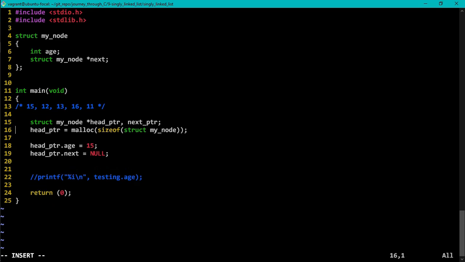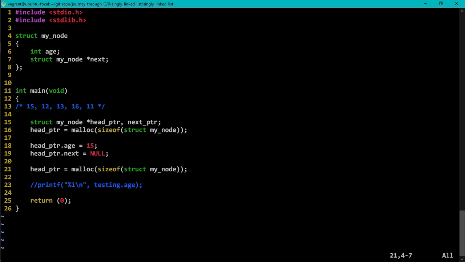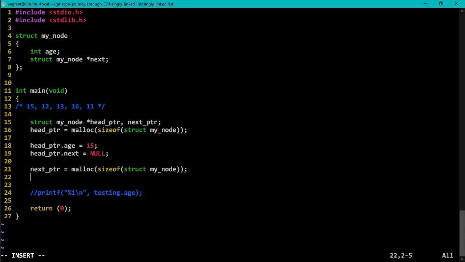I think I'm going to copy what I have here and try to place it down here. So this time it will be next pointer, or should I call it next node? Let's leave it as next pointer. Okay, so we have allocated memory to next pointer, right? We want to form the next node. We'll now say next